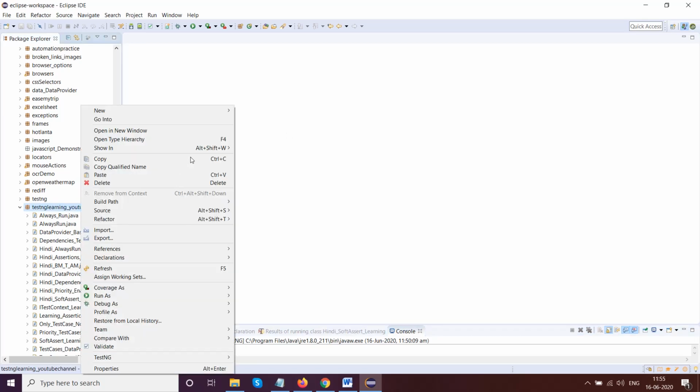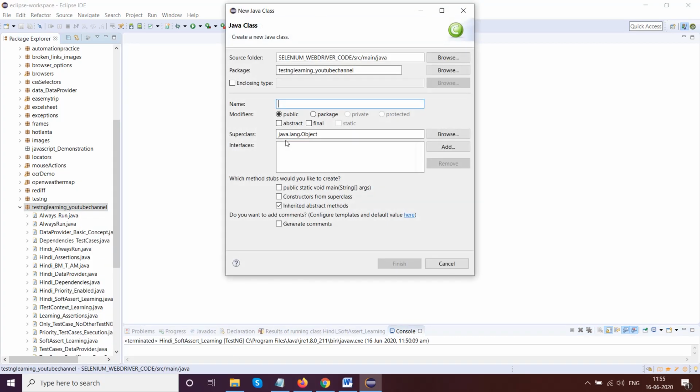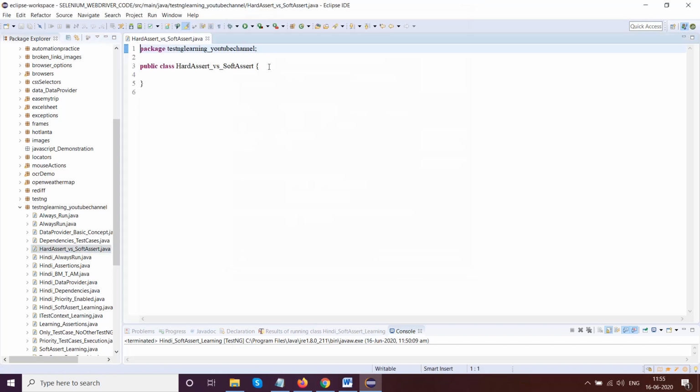Okay, so I'll create a new class, hard assert underscore versus soft assert. Now let me make two test cases.